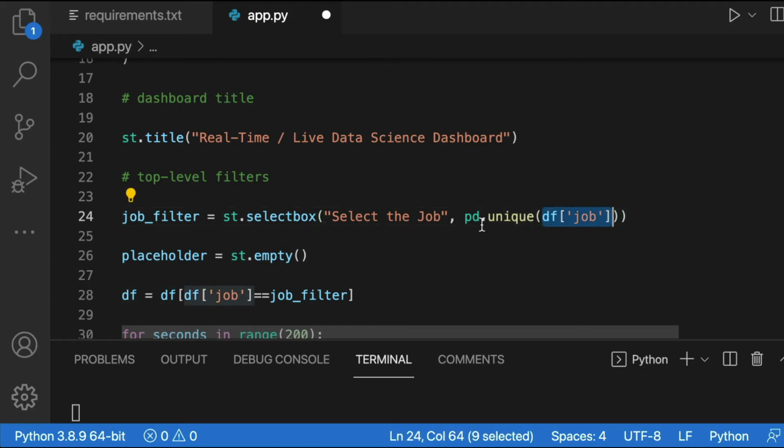And we are taking the unique of it. So at the end of this, we are actually getting a list, and that list is sent as the input values for the job filter drop down. So this drop down helps us select a particular job title,